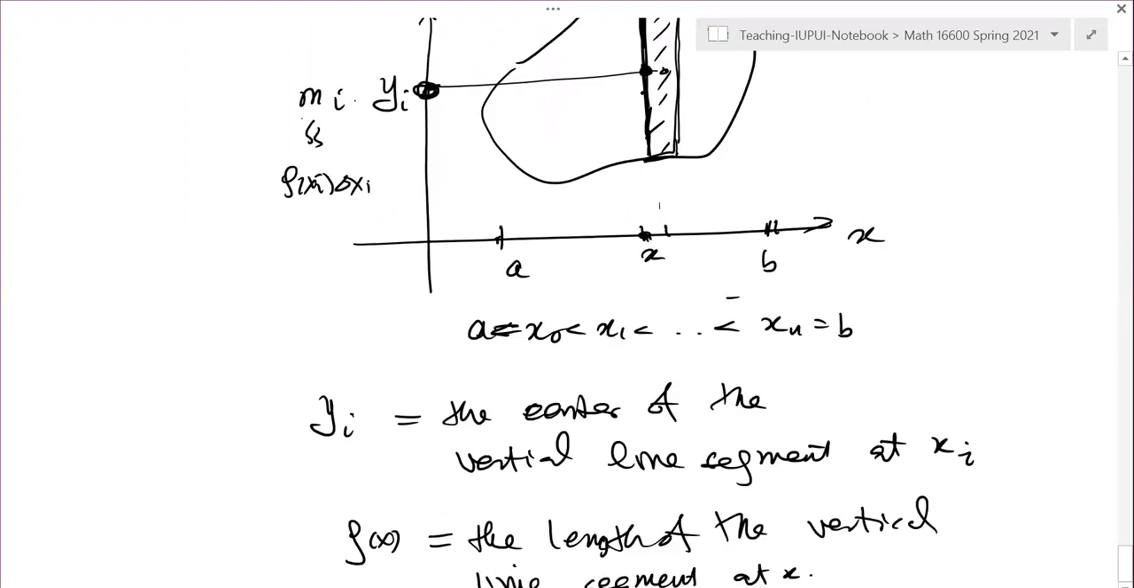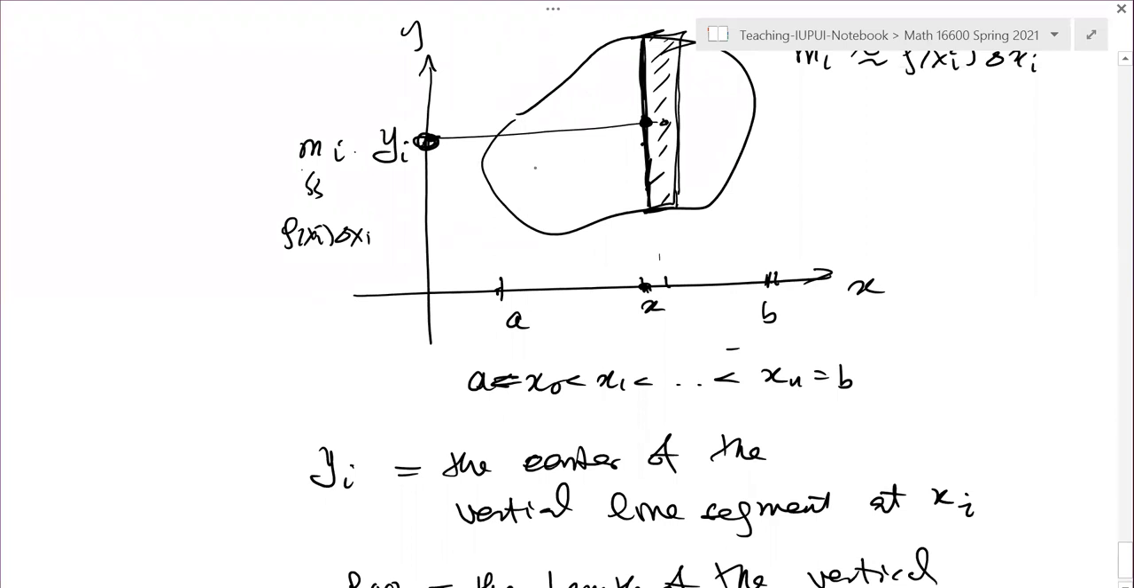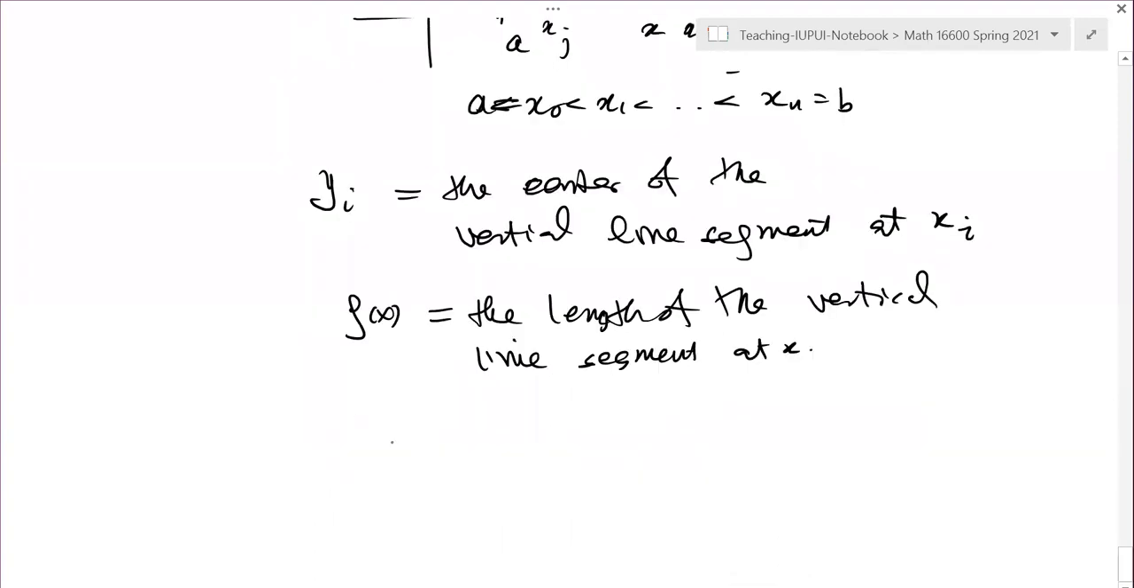So I have another piece here, maybe another point. If this is xj and this is xi, then this will be coordinate yj, and at that point I have a mass mj. So you have a bunch of points on the y-axis. So the center, the y bar, is going to be